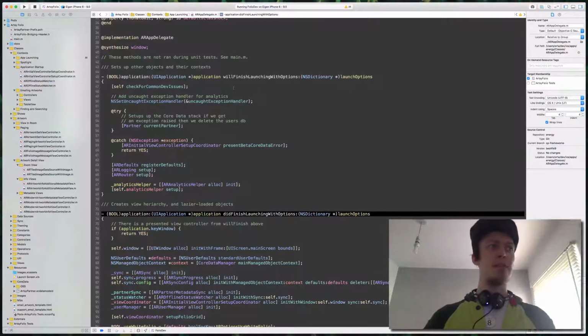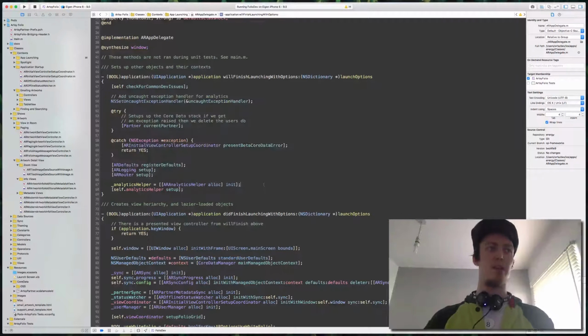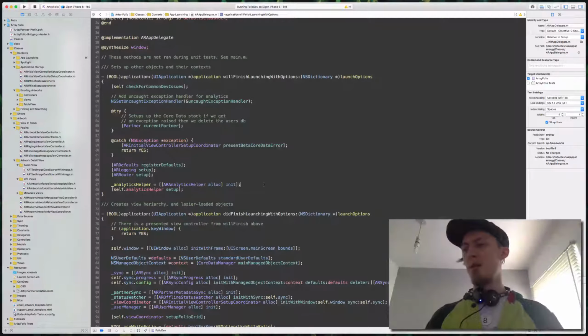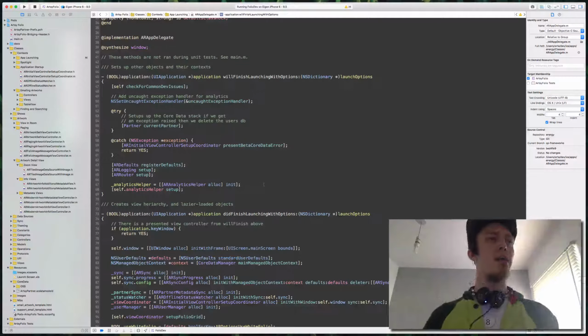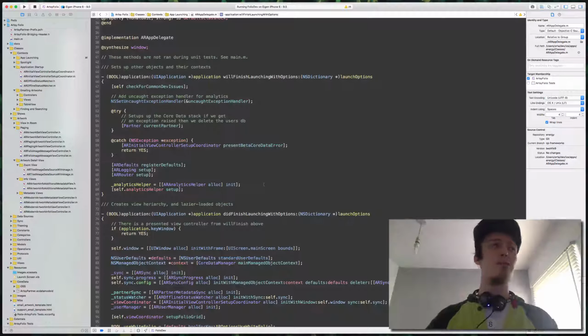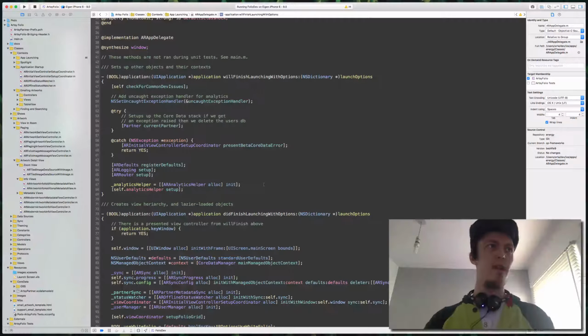We use a separation that's in all of our code bases where willFinishLaunchingWithOptions generally sets up things that have to exist within an application, whereas in this case that's things like setting up standard defaults, logging, the router, so that's all networking, making sure that there are access tokens and stuff like that, analytics,